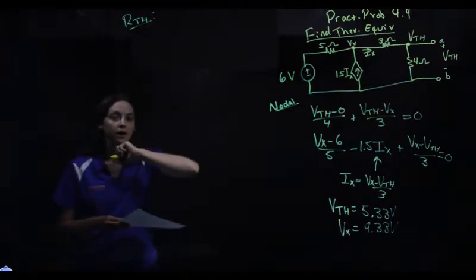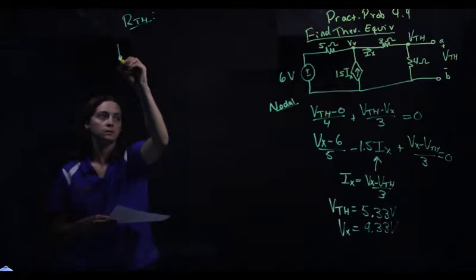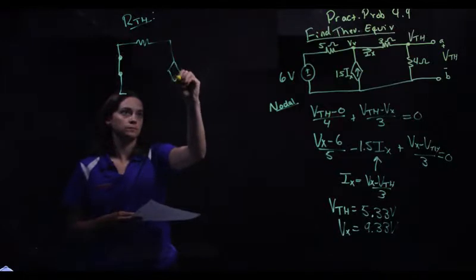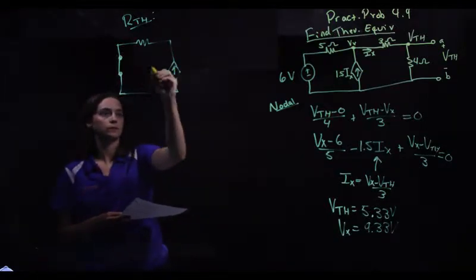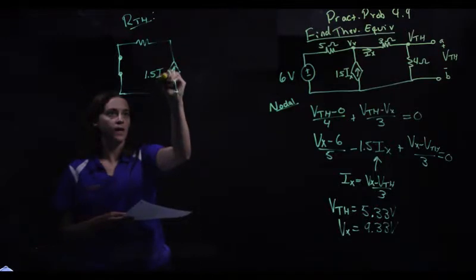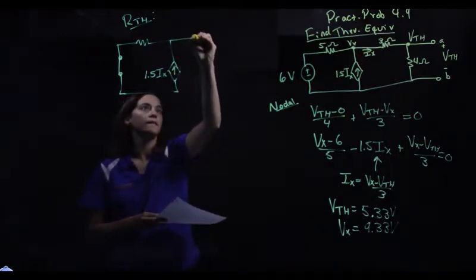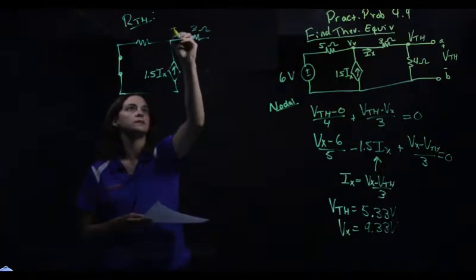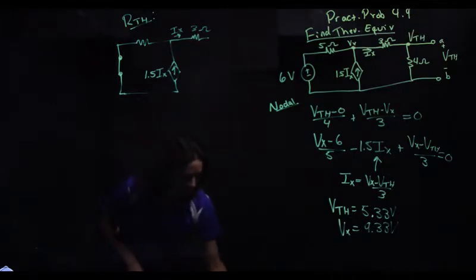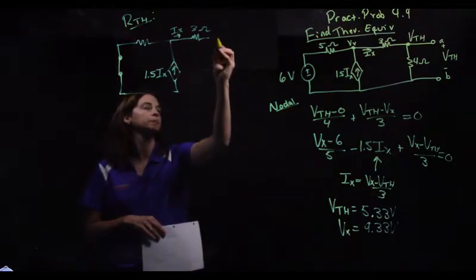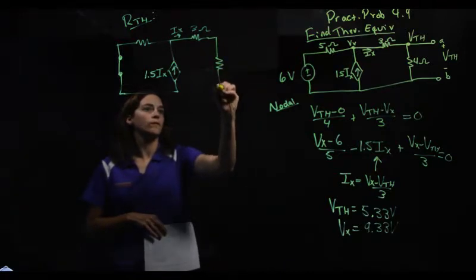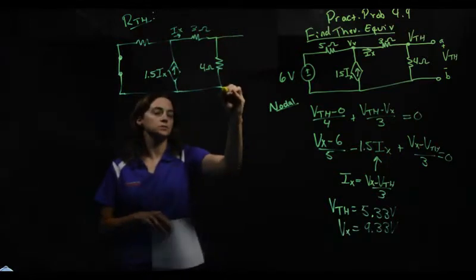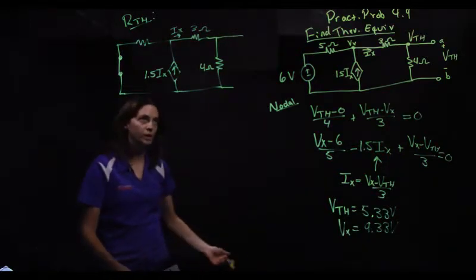we want to deactivate our independent sources. This is still 1.5 Ix. We've done nothing to that. 3 ohms. Ix still defined here. We didn't change that. We have 4 ohms. And now we have to choose. You add a test voltage or a test current. I'm going to go ahead and add a test